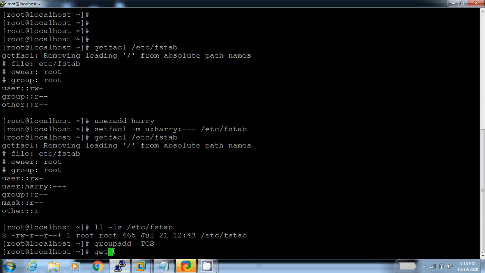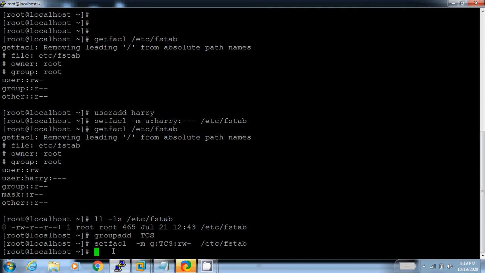So in the same way I'm using the command setfacl -m g for group, and the group name is TCS, and the permission will be read, write, and the file is /etc/fstab.